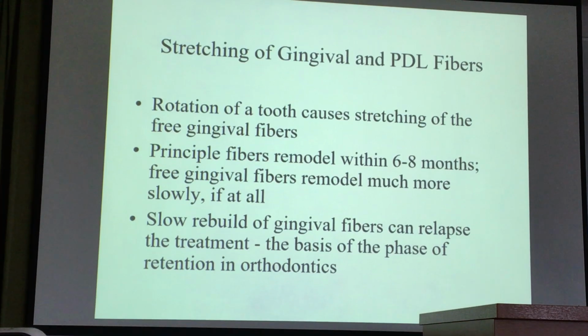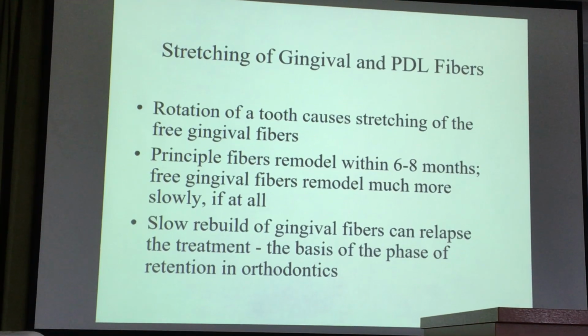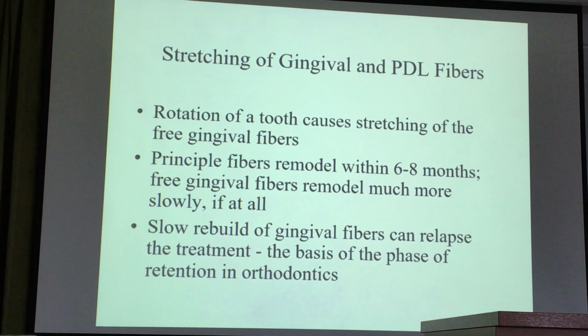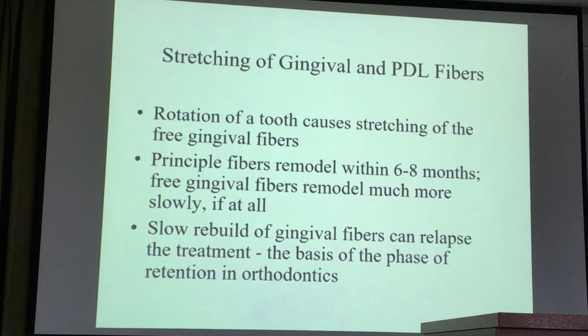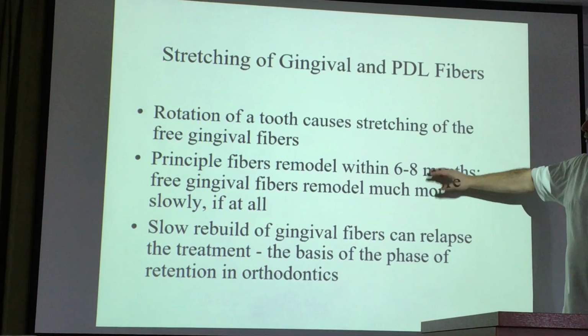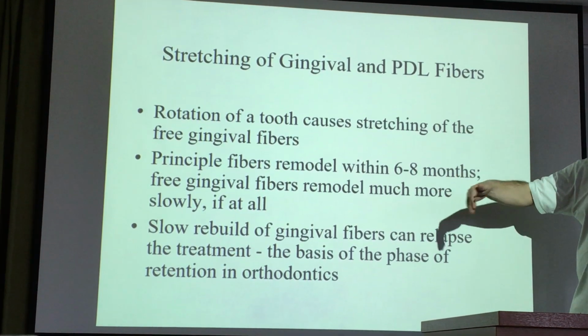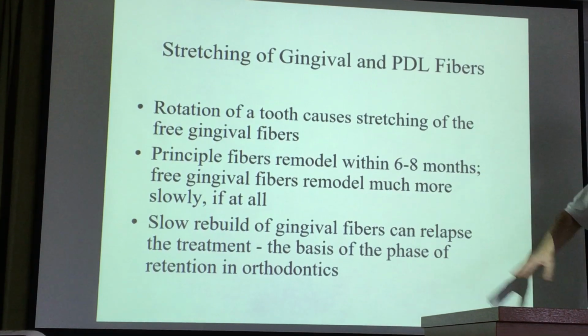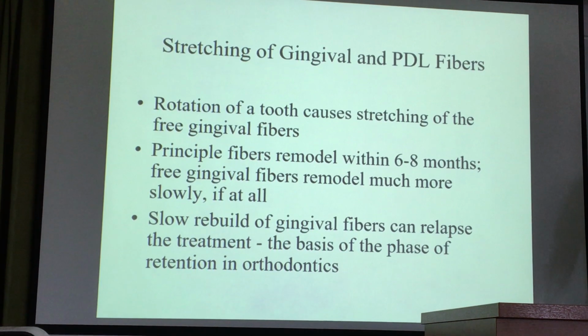It is much slower than the remodeling of the bone. So the bone is changed relatively fast, in some weeks, but you need more time for the periodontal and even more time for the gingival fiber